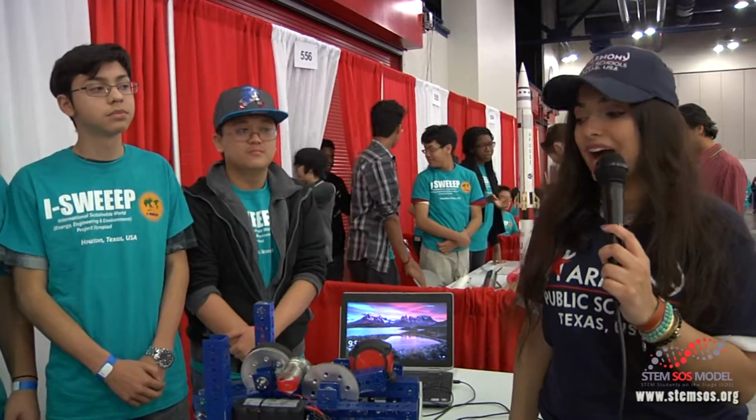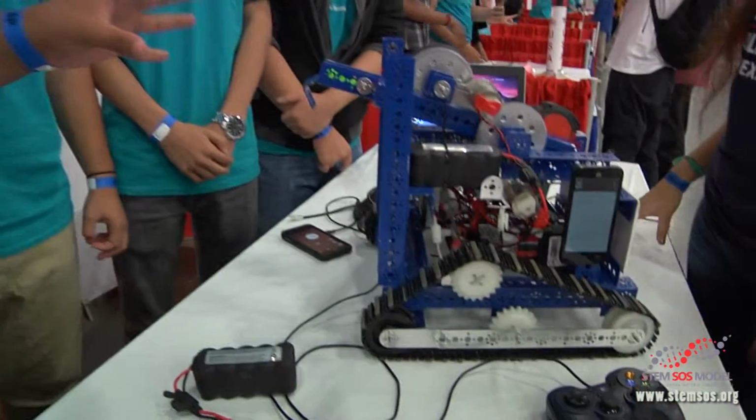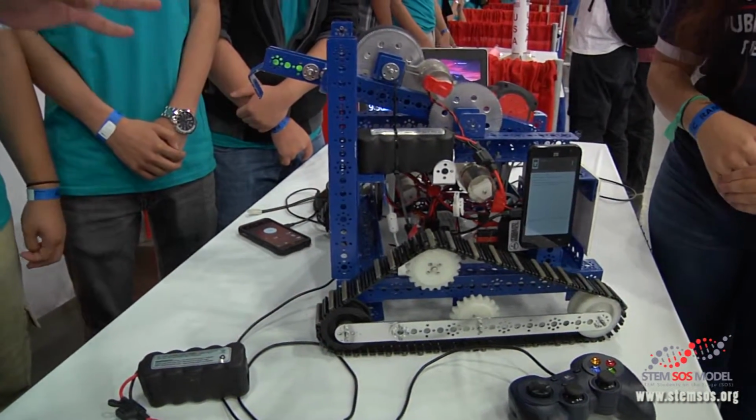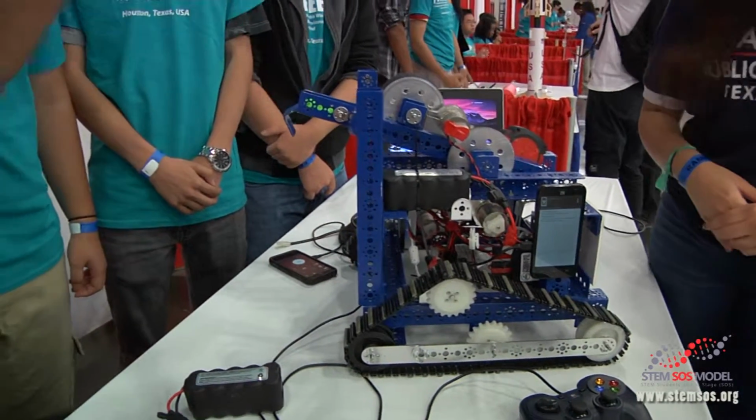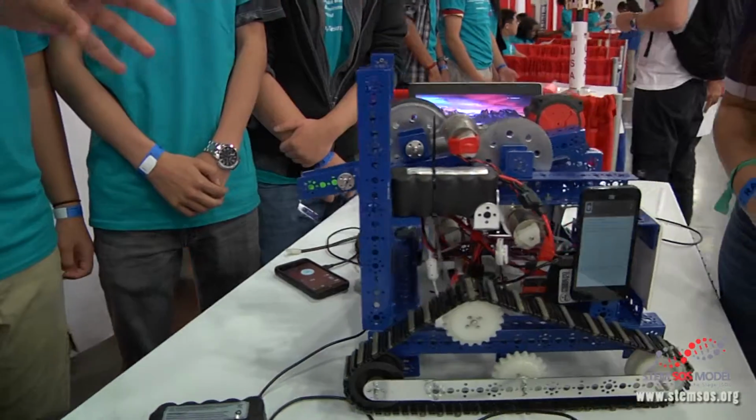Now Isaiah, Lewis, Ryan, and Austin from Harmony Science Academy Houston High are going to explain a little bit more about how this very cool robot works. Okay, so basically this robot was entered in our school's FTC competition, and as you can see here we have an arm, and we use this arm to climb a ramp that is in our competition in order to score points. So this arm extends with a tape measuring system as we have here,